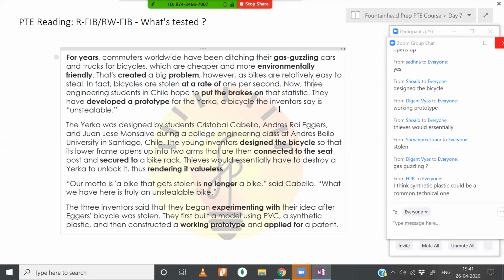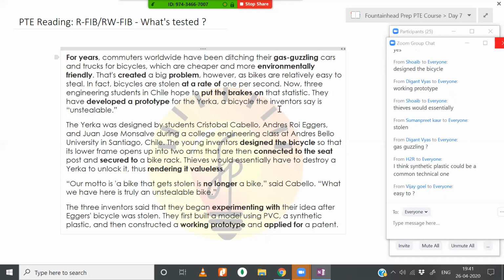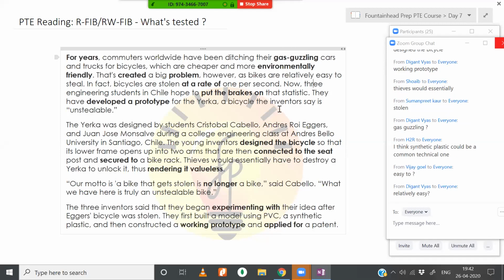Yeah. So this was basically the idea. Whenever you go and read an article, this is for all those people who find fill in the blank questions really challenging. If you have to improve, you have to start improving your vocabulary, your reading skill, and everything. All right. So this is what you have to do whenever you sit and read an article. Okay, so I will also suggest a website. Relatively easy, yes, relatively easy is again a collocation. Yes, that's right.